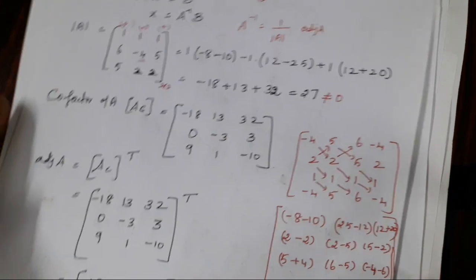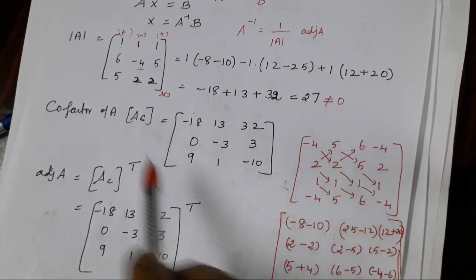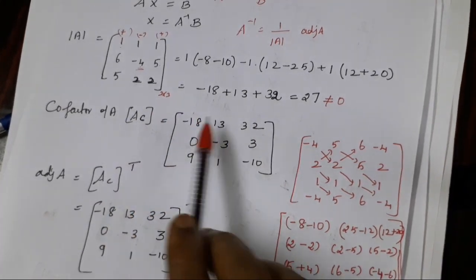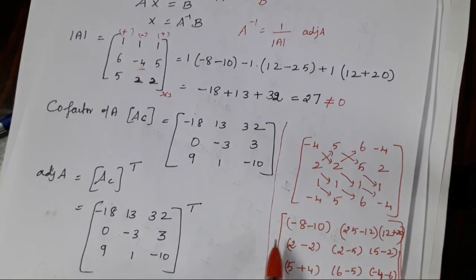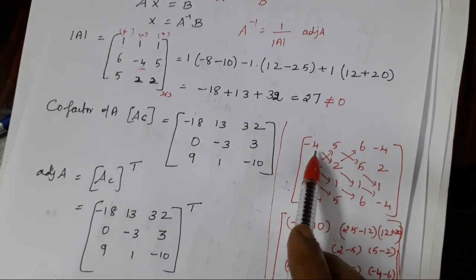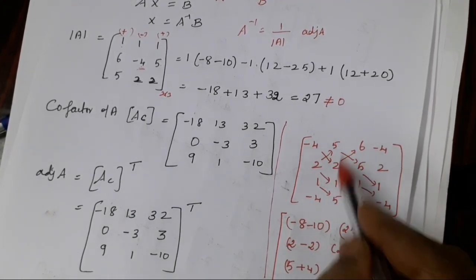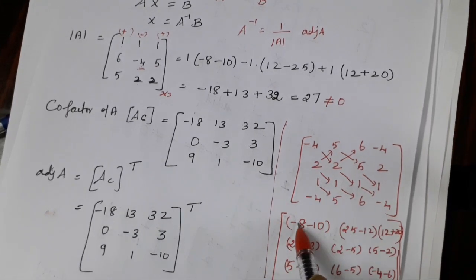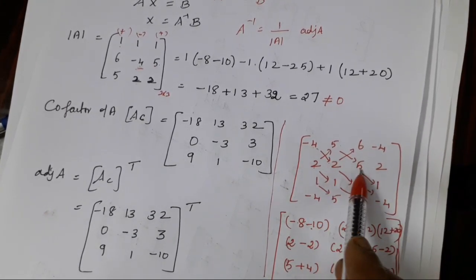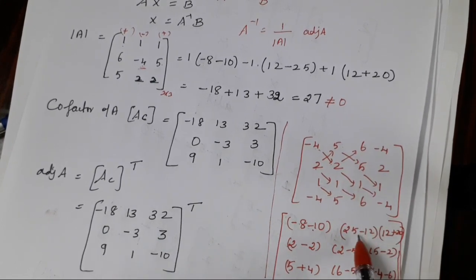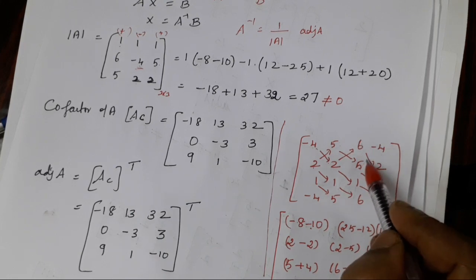This is a little bit easy calculation. I do the calculation on the side for you. Put a line and find the cofactor. Take the box, a 2 by 2 matrix. 4 2s are minus 8, 5 2s are minus 10, downward minus upward. Again 5 5s are 25, 2 6s are 12, minus 12. Again 6 2s are 12, 5 4s are 20.